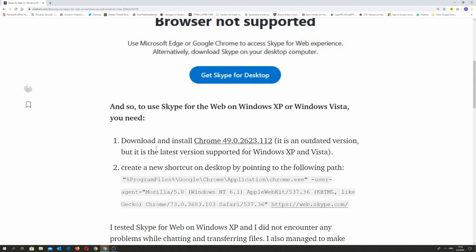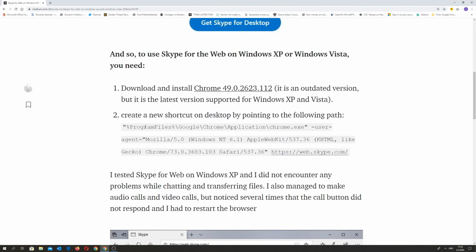So you need to install Chrome, this version, or if you already have this version, don't do anything about that. And the second thing, I will provide this small code which you need.